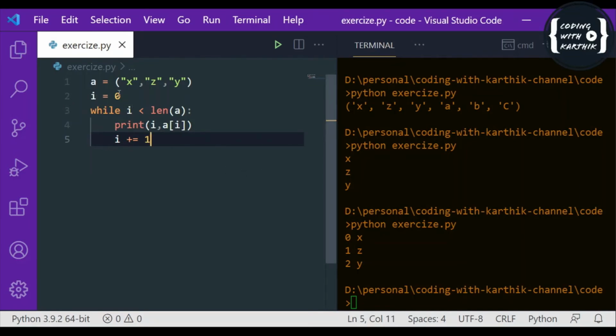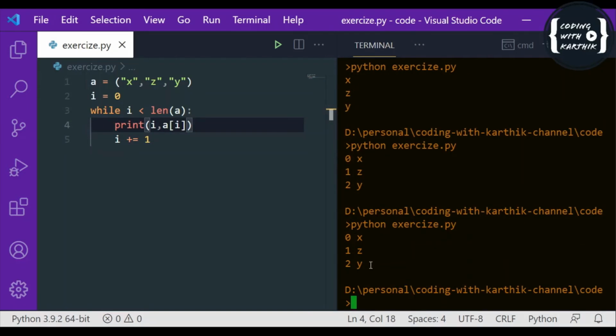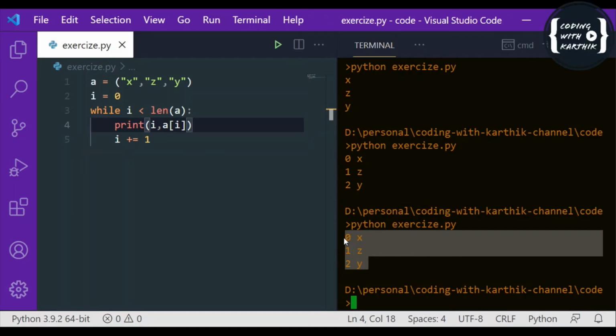So here we initialize i equals 0, and we are checking i less than length of a. Once we do our operation, here we are just printing the index and the value, I mean the element. Then we are incrementing the i, so that we can iterate the entire tuple and get the index as well as the value using a of i. If I run this, see, this is the way we can use the for and while loop to iterate the tuples. I will explain in detail about loops and conditional statements in upcoming sessions. Okay.